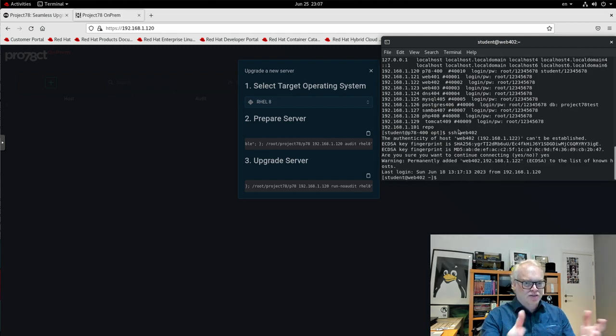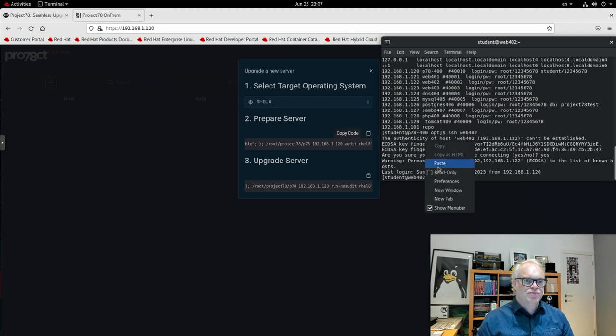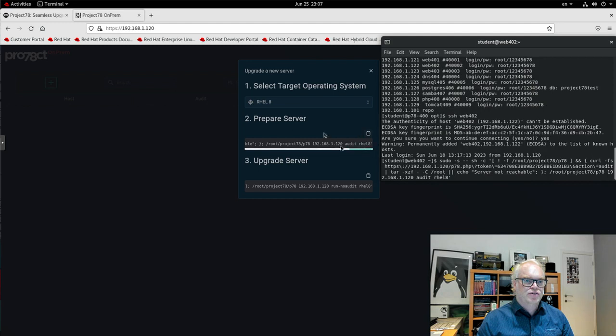We see we're now logged in as the student user on the system. Obviously the client needs root privileges, but our student user is able to perform a sudo. So voila, that's good. So we can just paste our code